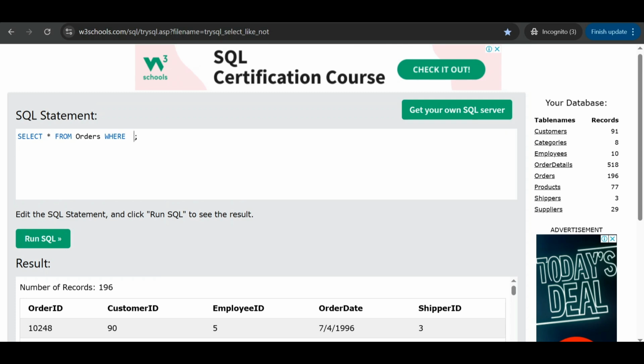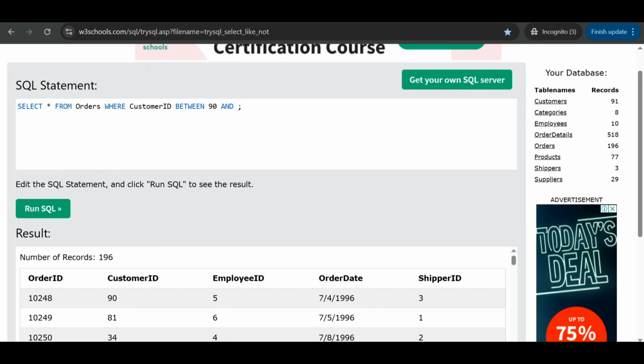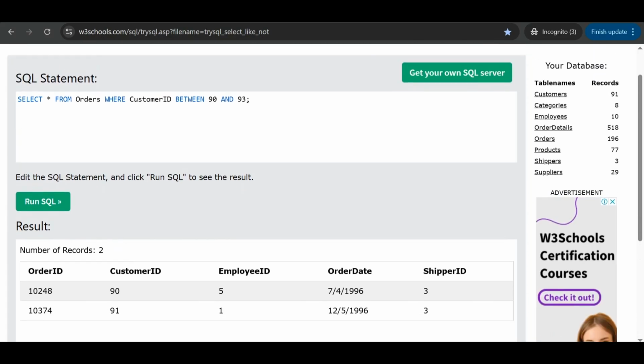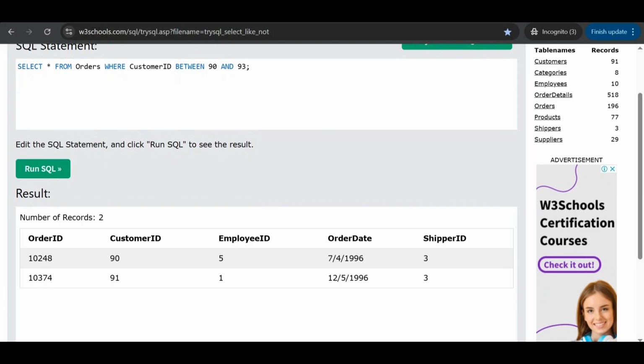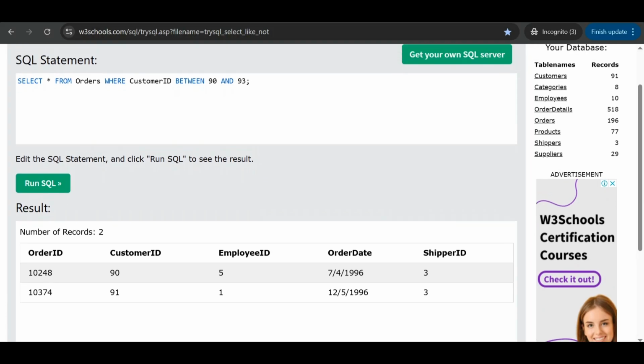I will add a filter where customer ID between 90 and 93. The result is two rows. There is no customer ID 92 and 93. That's for the numeric example.